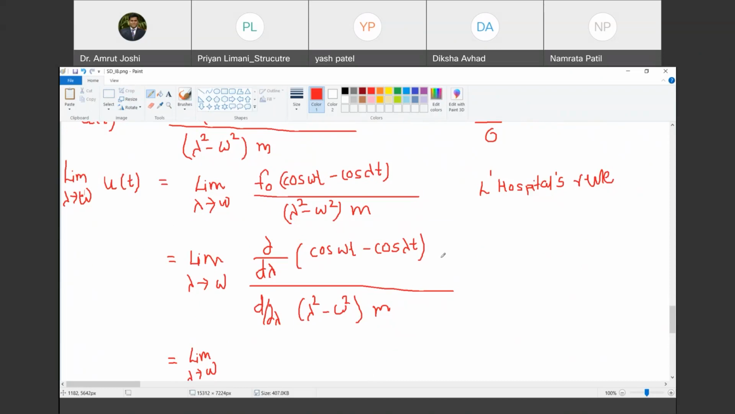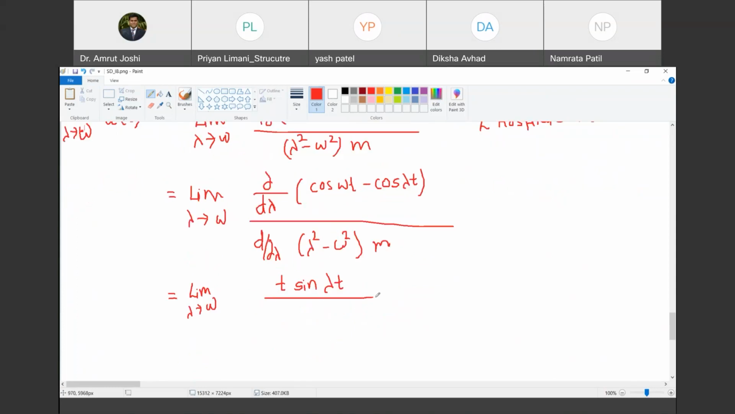And what is the differentiation of cos lambda t? T sin lambda t, but negative. Minus t sin lambda t, that minus sign and this minus sign will become positive. So what is the differentiation of the numerator? T sin lambda t. Are you with me? Divided by